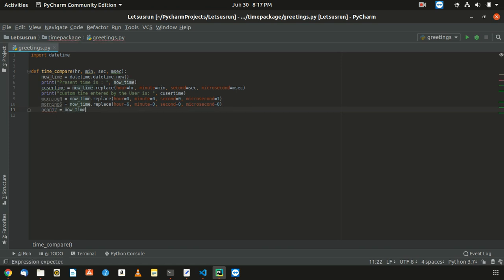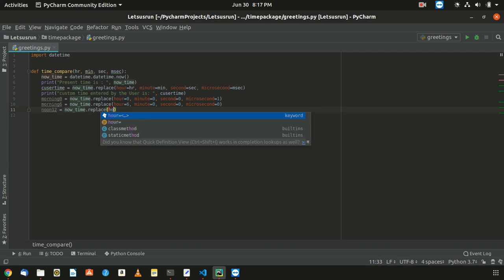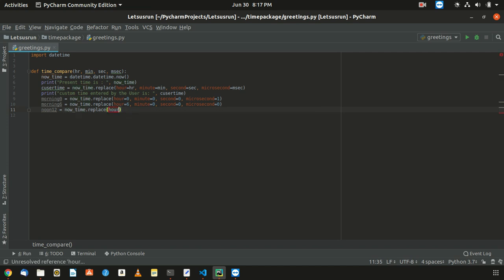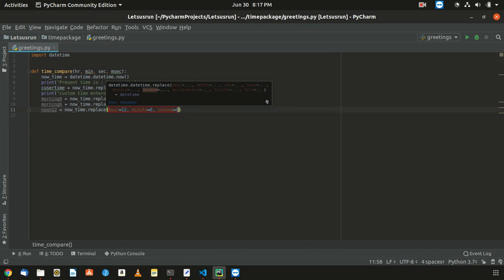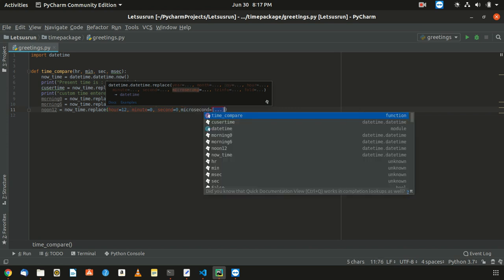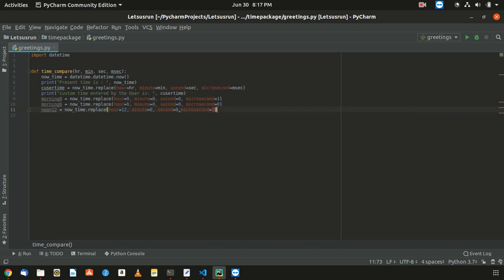Then you can give noon 12. So again now time dot replace, and we can do this, r 12, equals to 12 comma minute equals to 0 comma second equals to 0 comma microsecond. Microsecond should be 1, because noon starts at 12 and 1 microsecond; till 12 we're going to count it as morning only. So this goes noon, and then evening, so evening 5,